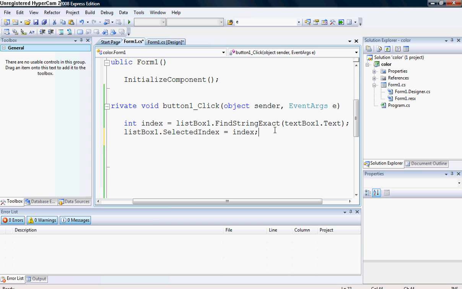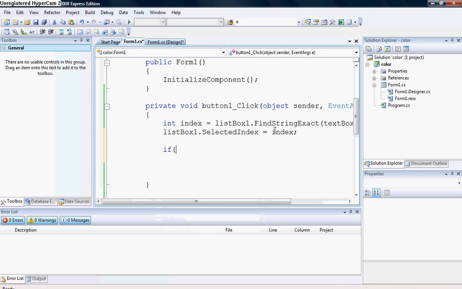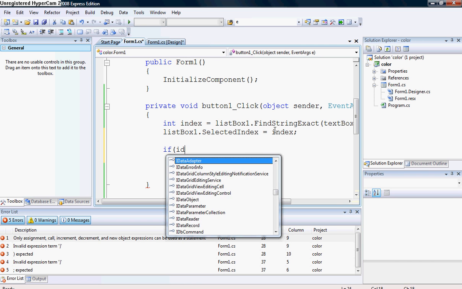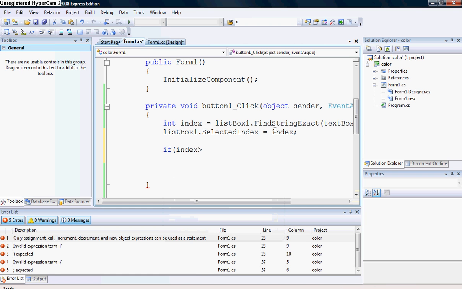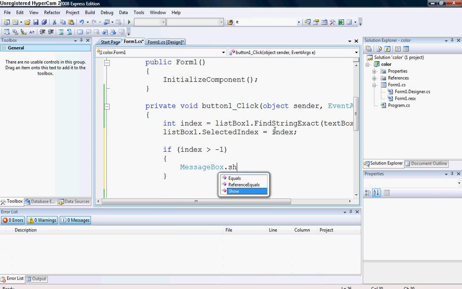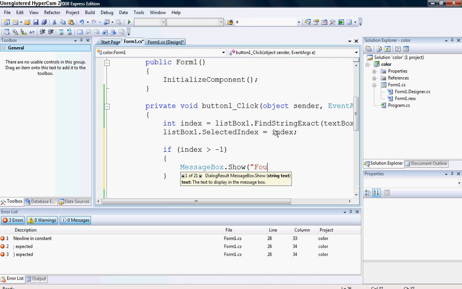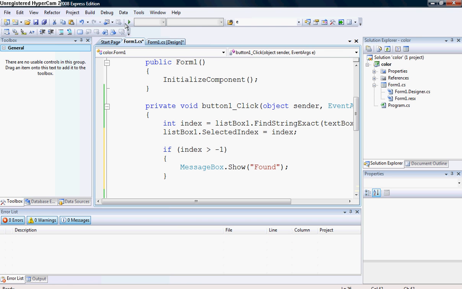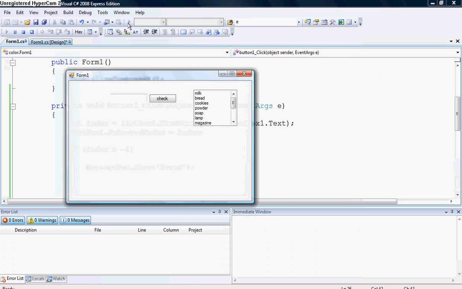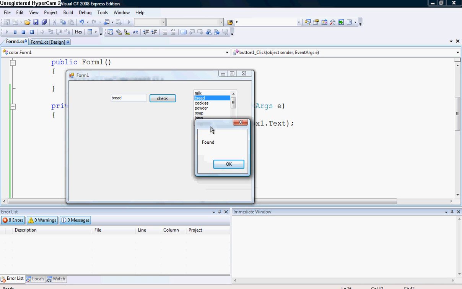So let's create a conditional statement now. Say if index is greater than, let's say greater than -1, we'll have a message box showing, let's just type in "found" because the value has been found already. Let's run the program. So if I type in bread and hit check, I get a window here